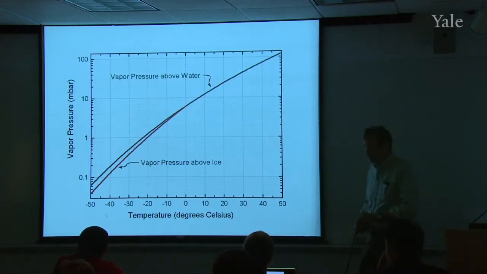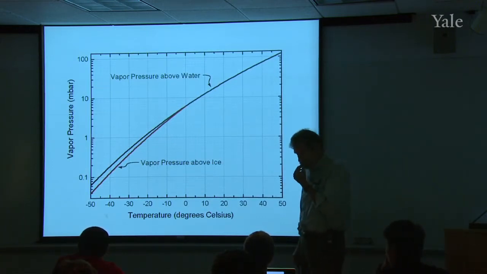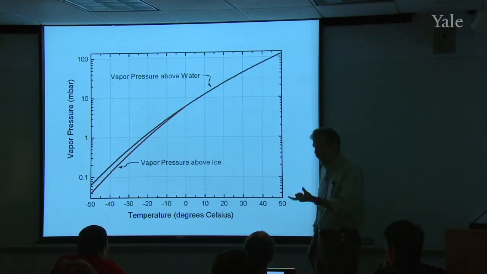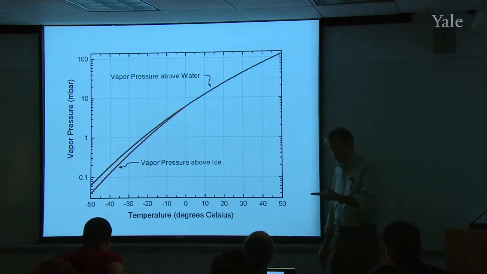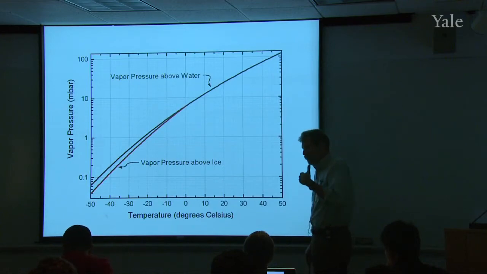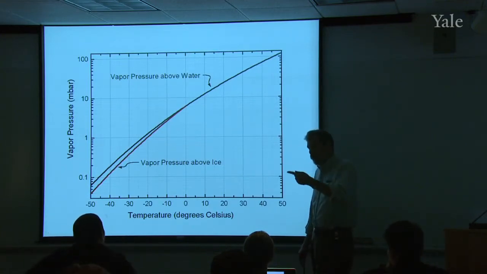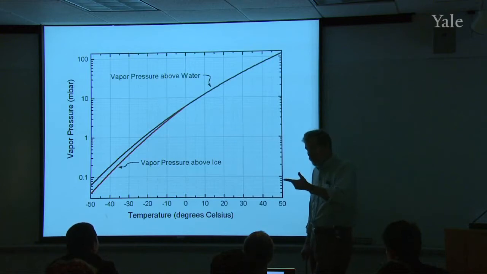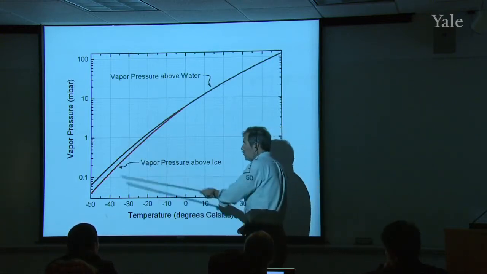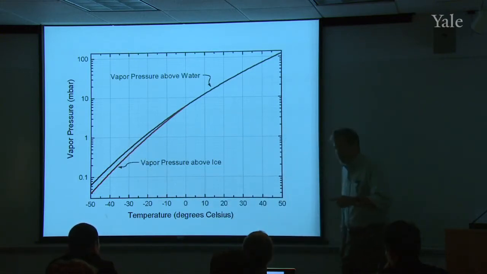Yes? What is the difference between saturation vapor pressure and regular vapor pressure? Well, the vapor pressure is what you have. Depends on how much water vapor you have and its temperature. But the saturation is the value of that quantity that you would have when there's a condensed phase present and they've reached equilibrium. Or another way to put it is that the saturation vapor pressure is the maximum you can have